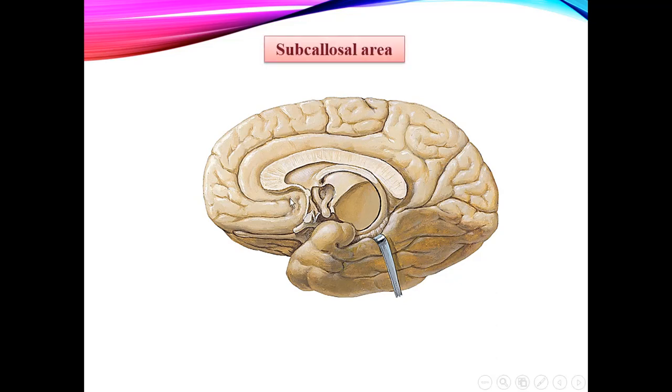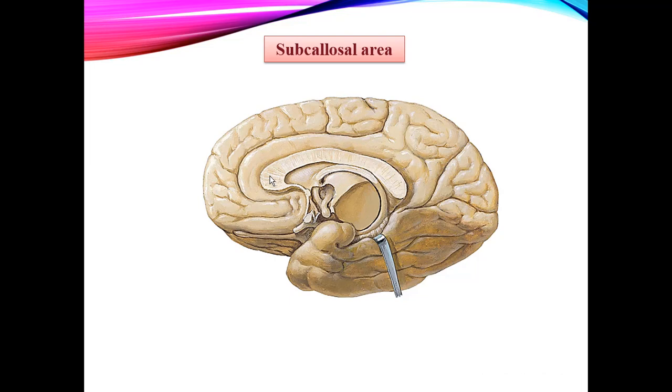Here is the subcallosal area, located below the corpus callosum. This structure is the corpus callosum, right? And this area is located inferior or below the corpus callosum, and because of that it's called the subcallosal area. Remember that the corpus callosum